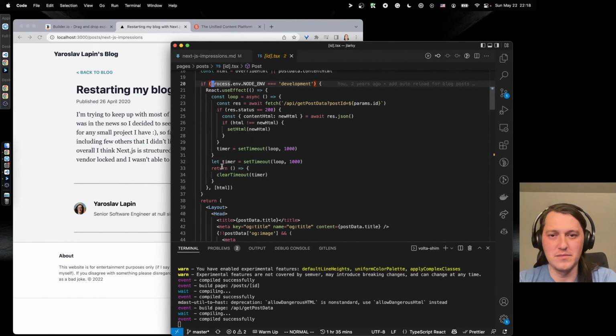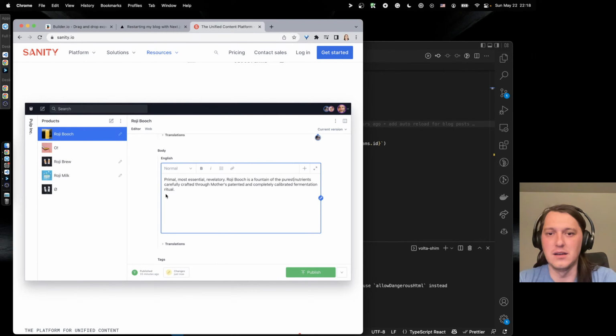So I wasn't too happy with how the Next.js with markdown and stuff worked out of the box. So we tried Sanity, and I think for that website we still had to redeploy every time a new article was added to the CMS. So I guess for the static routing and stuff.